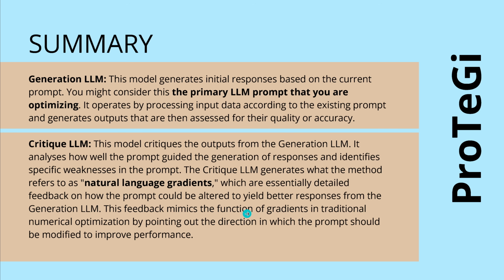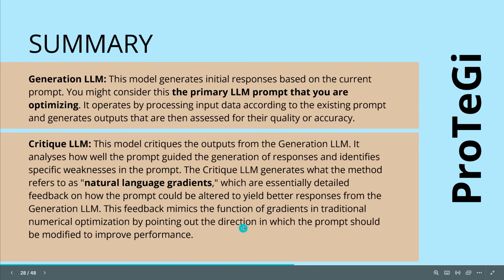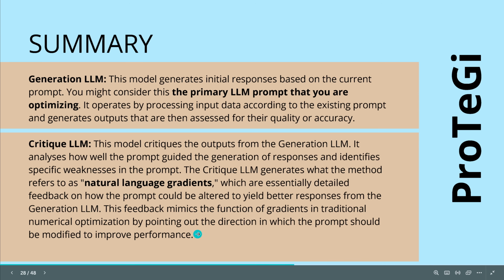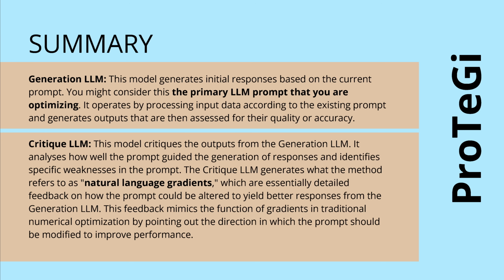So this feedback mimics here the function of the gradients in traditional AutoGrad numerical optimization by pointing out the direction in which the prompt should be modified in order to improve its performance. But you immediately understand what is here the limitation. GPT-4 thinks in its own way, but GPT 3.5 is only able to handle a certain complexity level